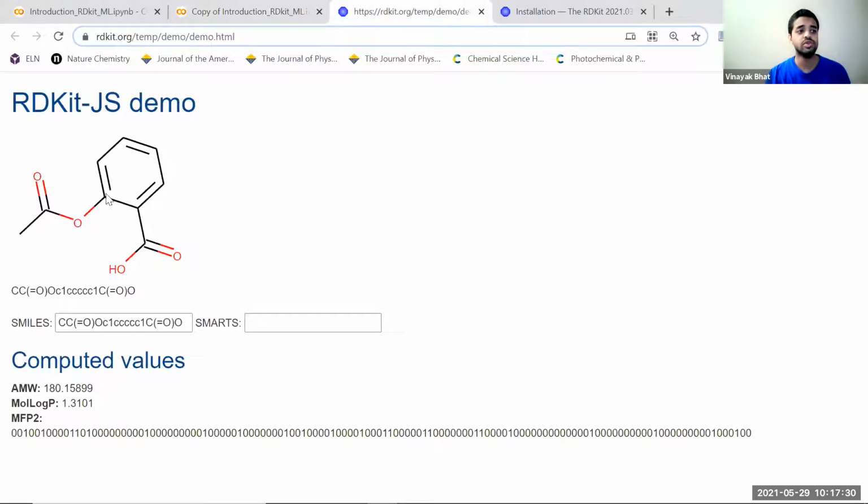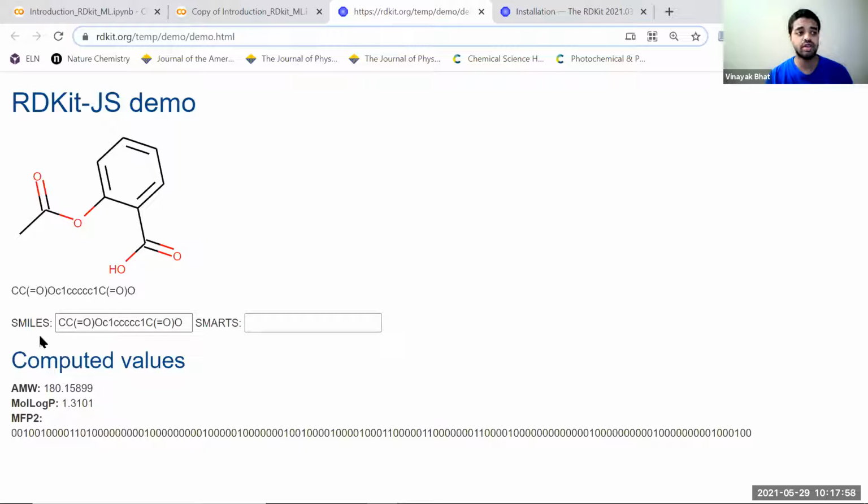So first, let's go to this page, which is RDKit. You have a nice molecule here, right? If you want to represent this molecule in some way, you can give XYZ coordinates and atoms and other things like you do in a normal file. But if you want to use it in a machine and say that this is the molecule that you're seeing here, how do we do that?